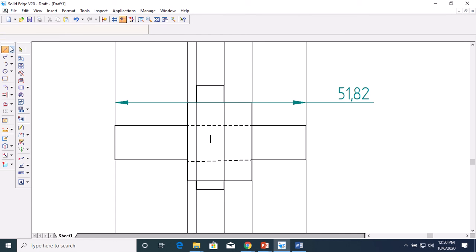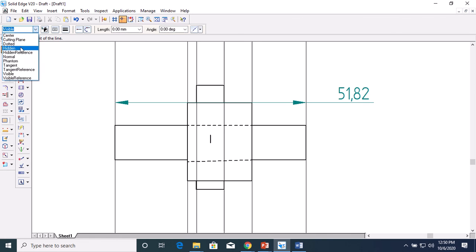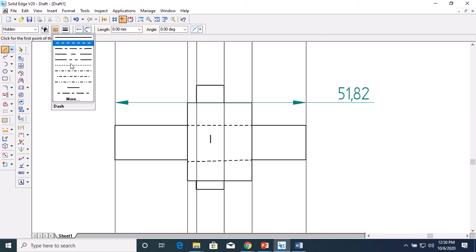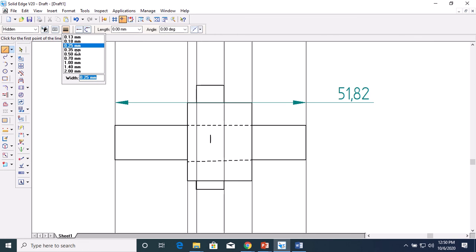Then from here I take hidden line, so say 2.5 mm at 180, here also 2.5 mm at 0.